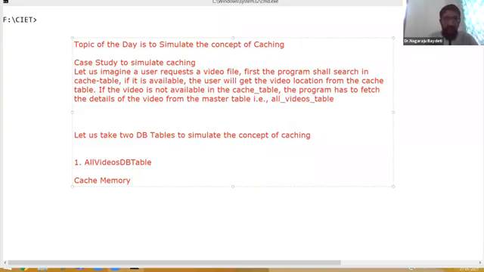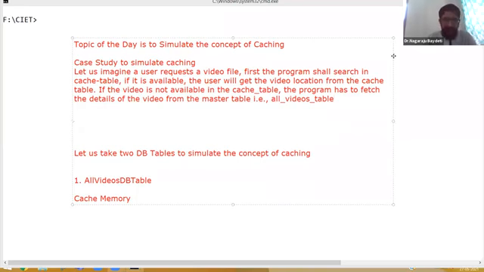What is this all videos table? What is a user requesting a file? There might be some doubts. Let me clarify your doubts.